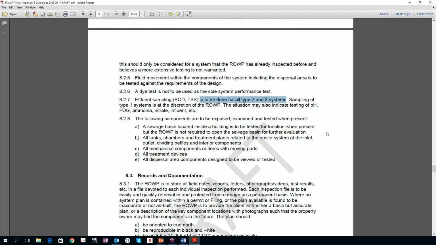This, I think, is new. I don't think the old policy actually said that. And now the SPM says we have to do effluent sampling at the initial maintenance call, not the subsequent ones necessarily. So this one annoys me a little bit. Frankly, you could argue that if you're looking in the pump chamber, it's a type 2 system and it looks like tea, it doesn't look like pea soup, if it smells right and if it looks right based on your experience, that maybe sampling wouldn't be required. But you didn't hear it from me.